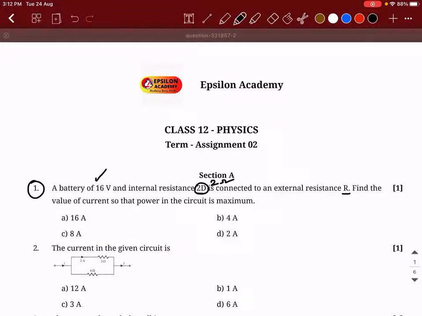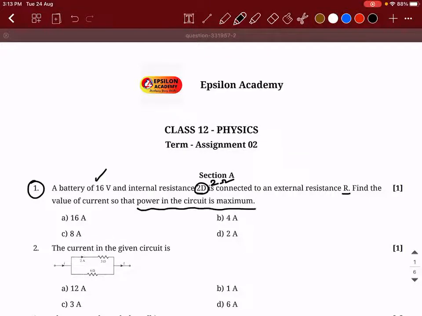Sir, there's a formula for maximum power. I saw it in the material, but I wasn't sure how they got it. Epsilon square by 4R. Then I got the power, and then I used P equal to I into V, and got the current as 2 amperes. Okay, you got the current as 2 ampere. Before that, I would like to explain this problem.